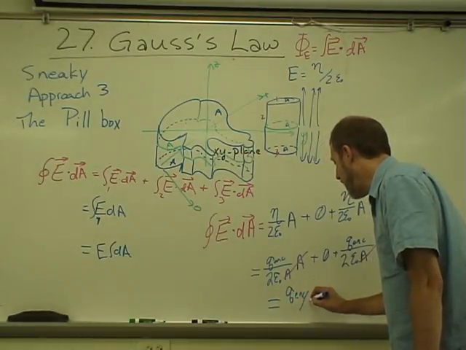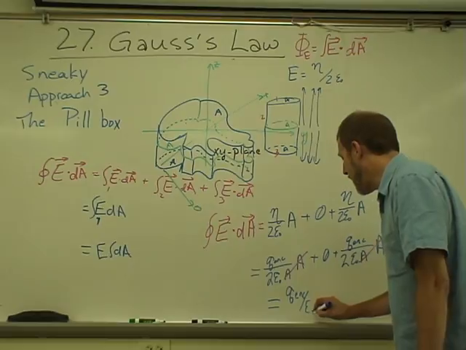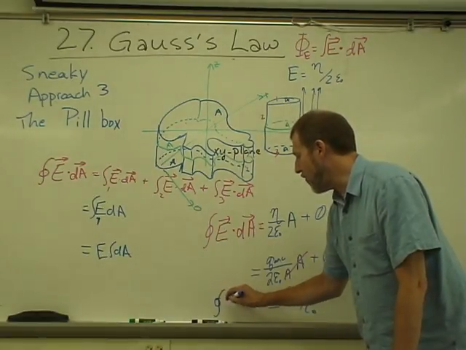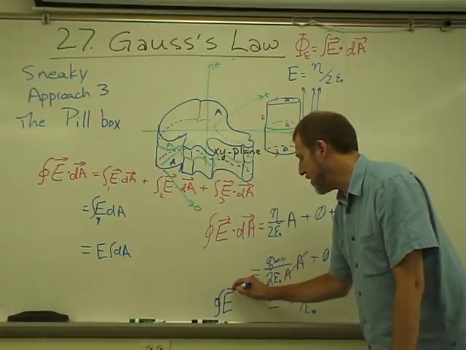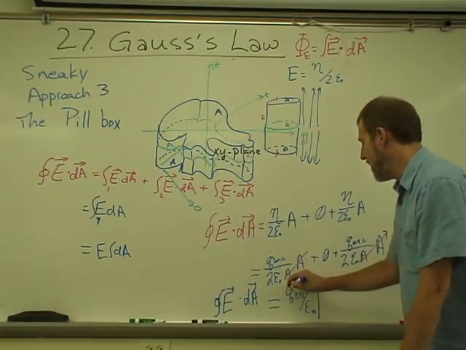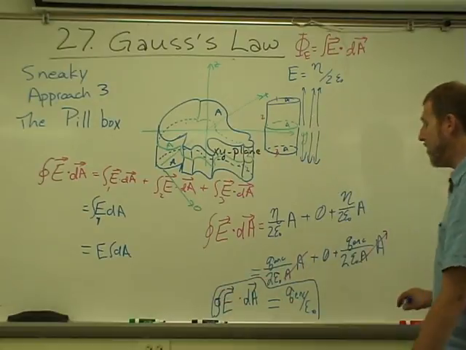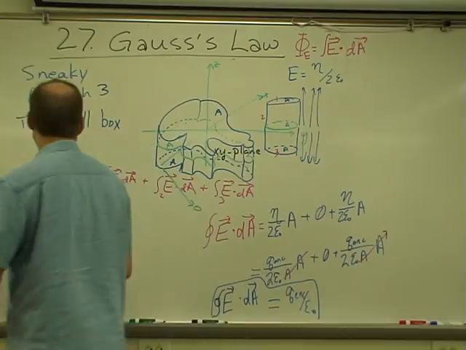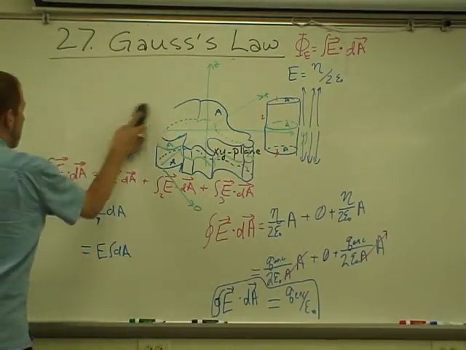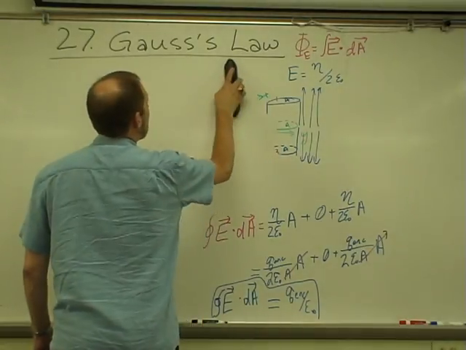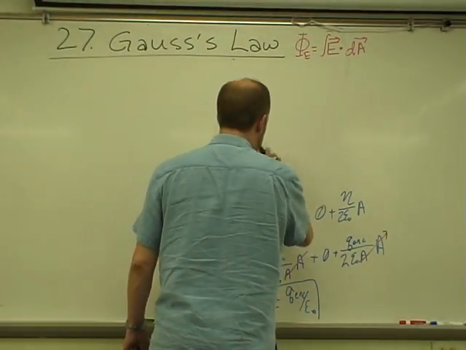So again, the third time in a row, I find that if I take the integral over the entire surface of E dot dA, that integral is equal to the enclosed charge divided by epsilon naught. So, final answer,